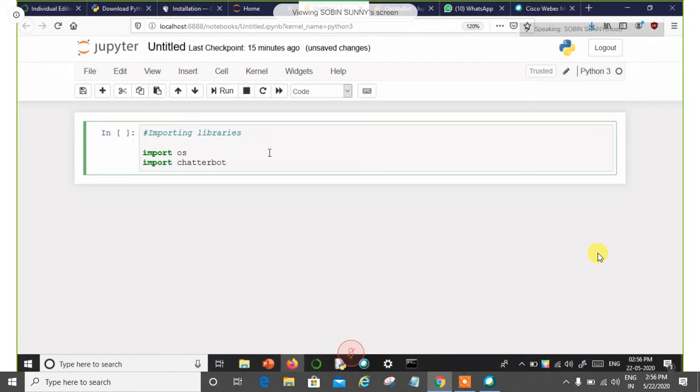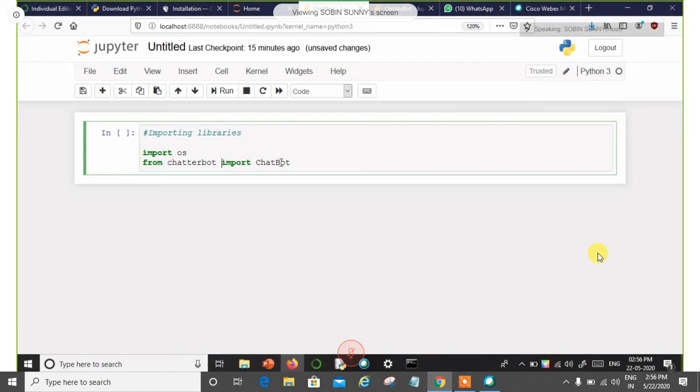Okay, so what shall I do? I just need a package called Chatbot, and this Chatbot package is available inside the Chatterbot library. So what you have to tell is like this: we have installed the Chatterbot library, right? So from chatterbot import ChatBot. The C and B should be capital. You have to note it down carefully.